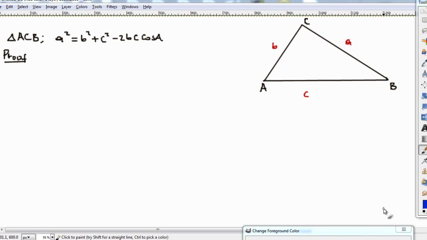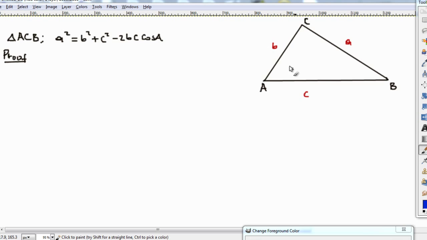Well, let us do the proof of the cosine rule, and we prove it for an acute angled triangle, meaning a case where the triangle's angles are all less than 90. So the cosine rule says a squared equals this length squared plus this length squared minus 2 times this length times this length times cos of the angle opposite to a, which is A. Okay, so in a nutshell,